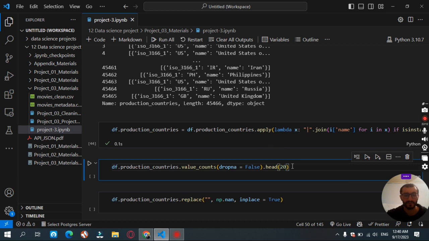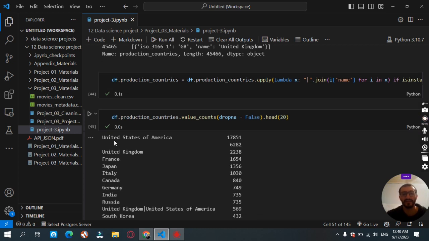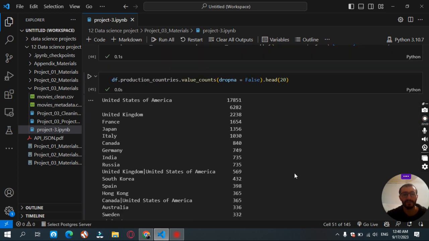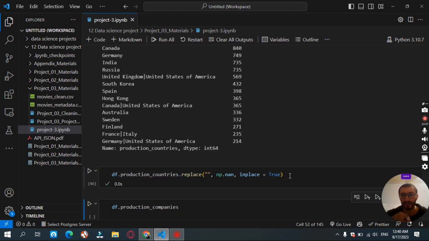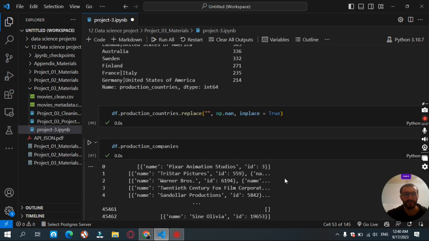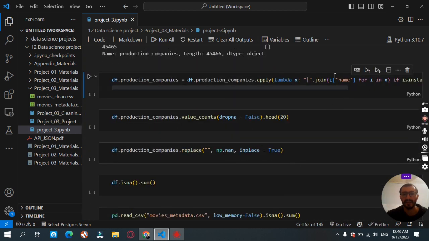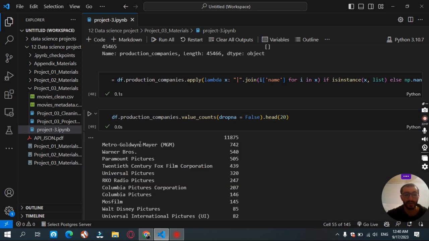Again, let's count values. We have United States of America 17,000 times, films belonging to the United States. We have an empty string here. Again, we are replacing this empty string with NaN values and inplace true. By saying inplace true, we update the values of this column. Again, check production companies. Again, messy data. Again, by using the same format, we update. Again, value counts to check, okay, wow, we have